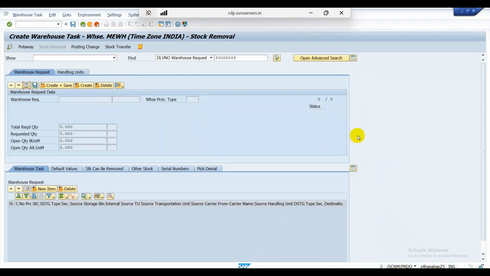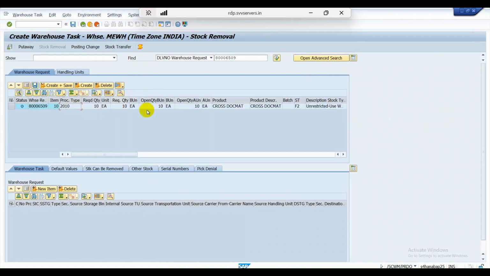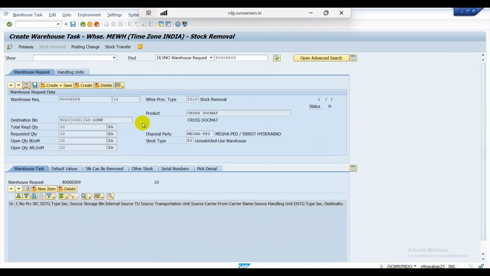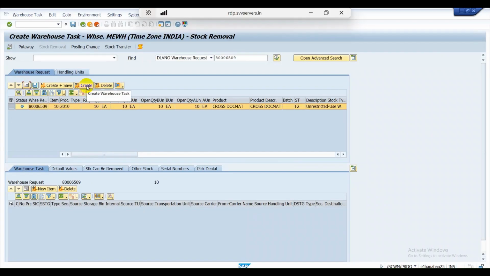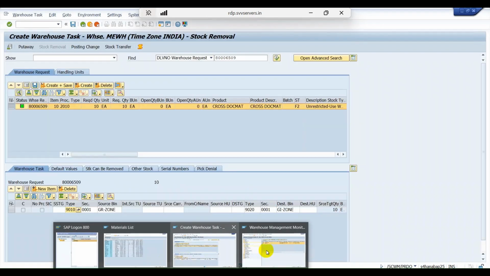Okay. So, okay. Warehouse request, destination bin, warehouse process type, disposal party, stock type is F2, and quantity is 10. Now click on create warehouse task. See from where it is getting the material, 9010. The stock removal strategy is, see,